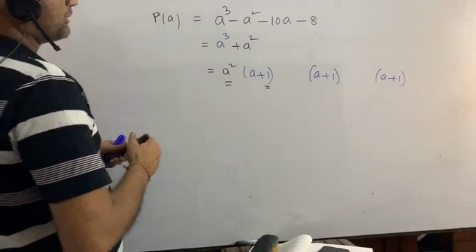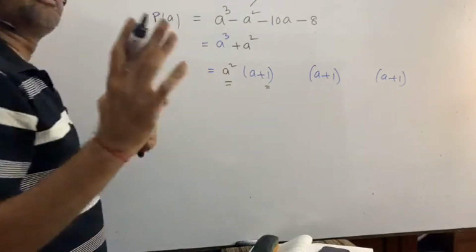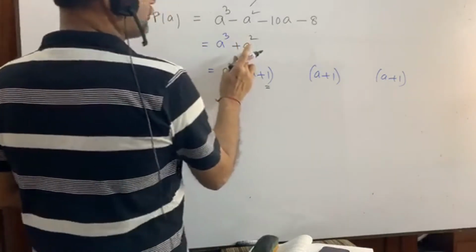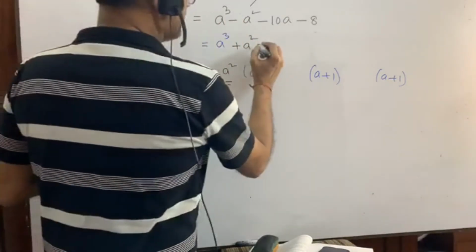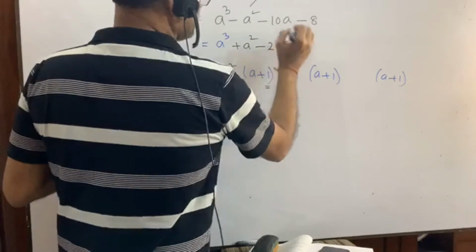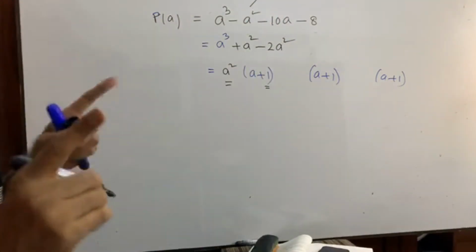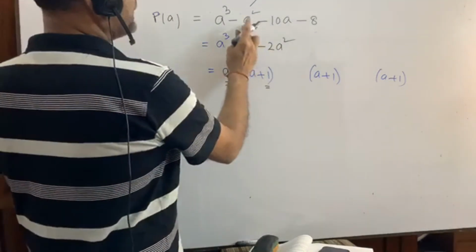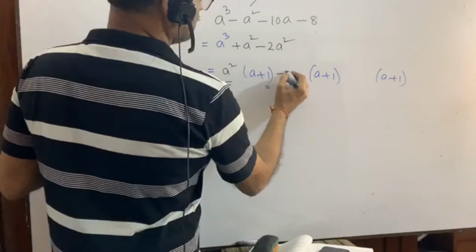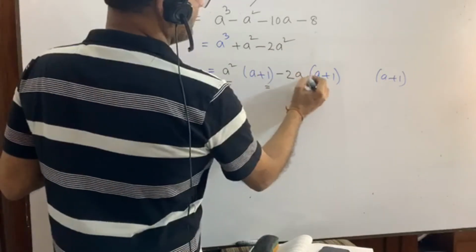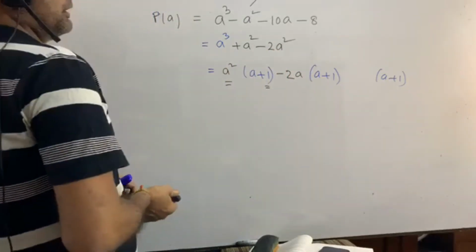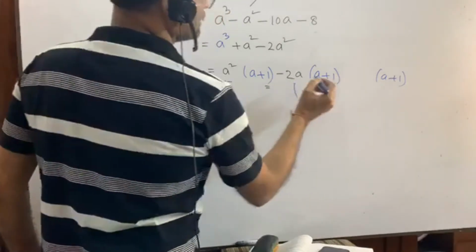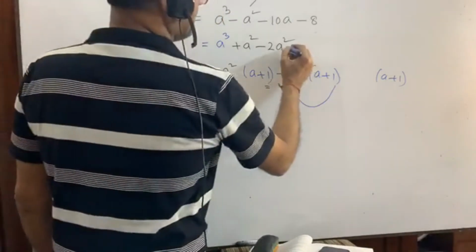But interesting fact is that we don't have a square here, we have here minus a square, so we have to balance it. How we will balance it? It is 1a square, it is minus a square, so we need minus 2a square. You see, we need minus 2a square, right? Minus 2a square. You see, this and this will make this minus 2, this minus 2. We need here a and a will make this. Now you see, please, this and this are to be multiplied and we will be left with minus 2a.